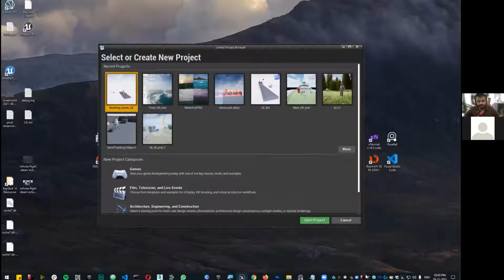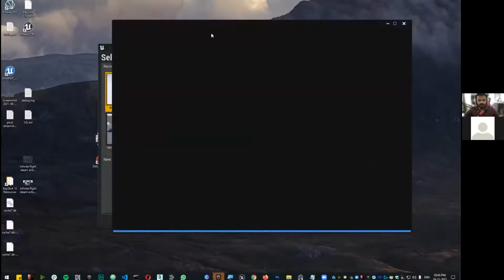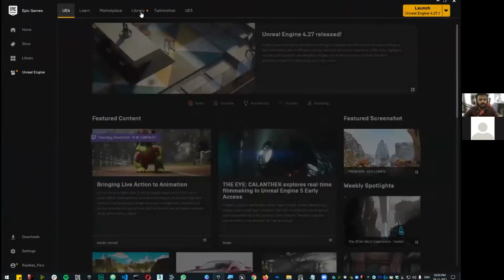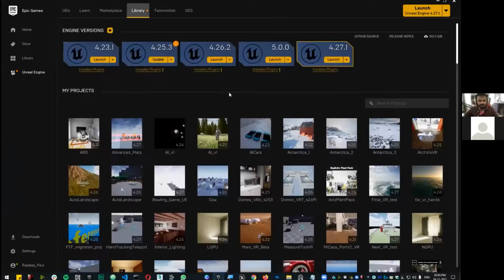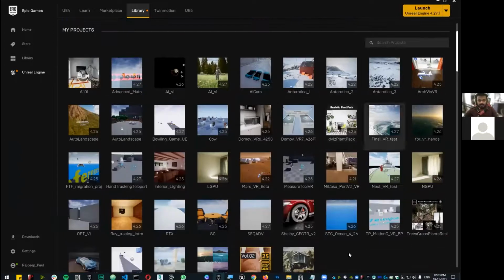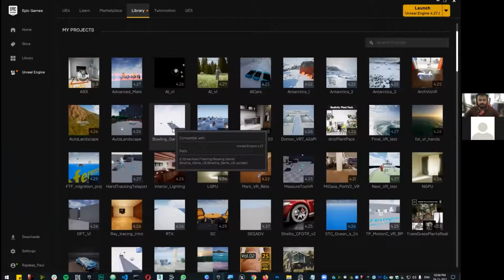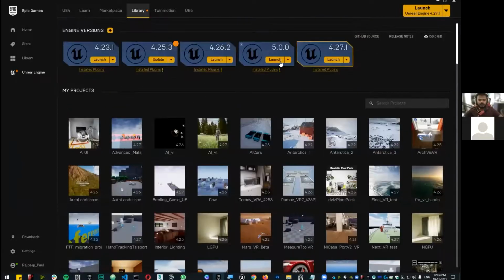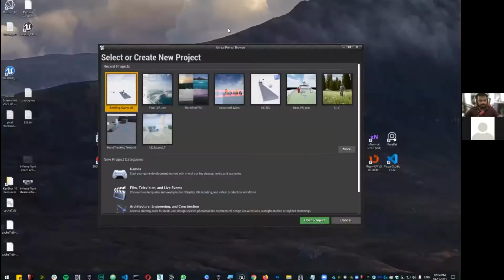If you go the Epic Games Launcher route, then we'll open that up. If you go to library, it's arranged in alphabetical order. So B, bowling game UE, there you go. You can open it from here, or you can open the engine from here. Either way, whichever is the fastest for you. But let's look at a third way,